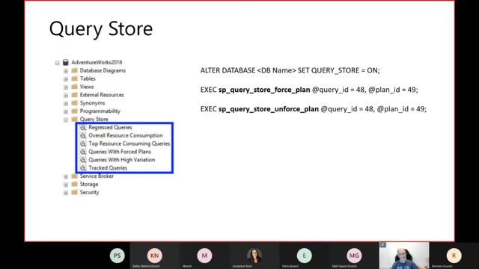Then from Management Studio, if we have Query Store enabled for that particular database, you will have this set of reports, right? And you will be able to see the top resource consuming queries, the queries with forced plans, or the queries with regression, right? Then we will see how to do it from the user interface, but also using the stored procedure, sp_query_store_force_plan or unforce plan. We can make the plans be forced for a specific query ID.